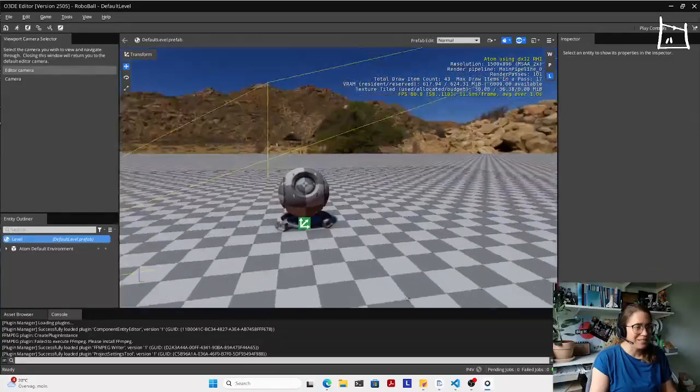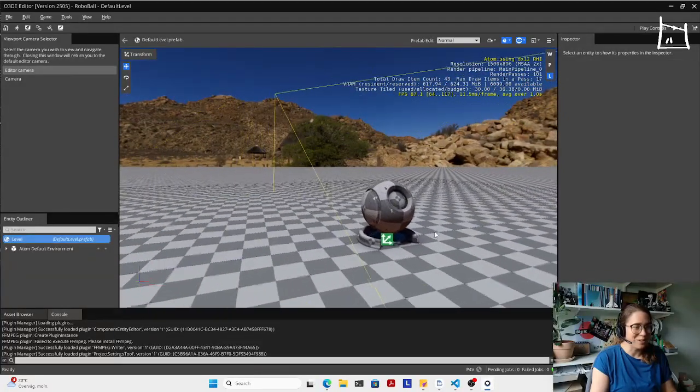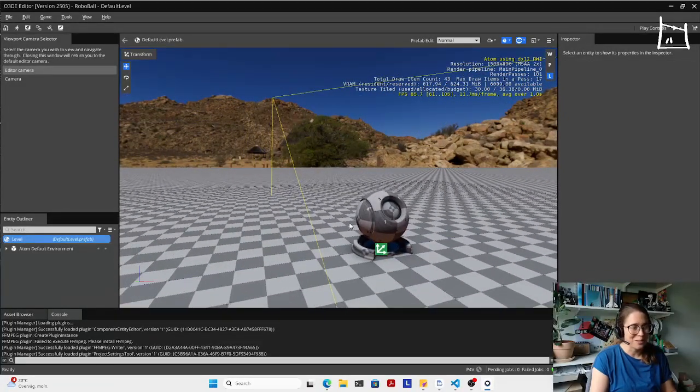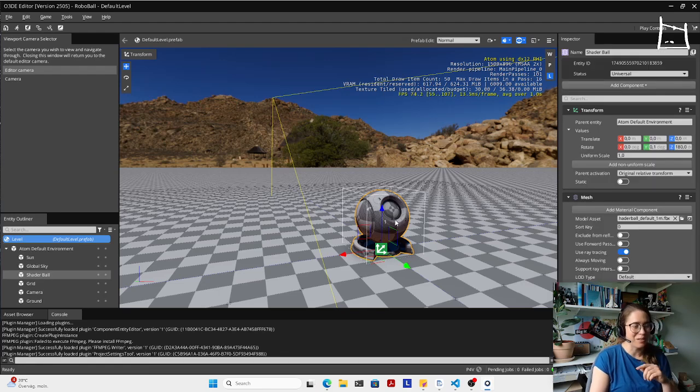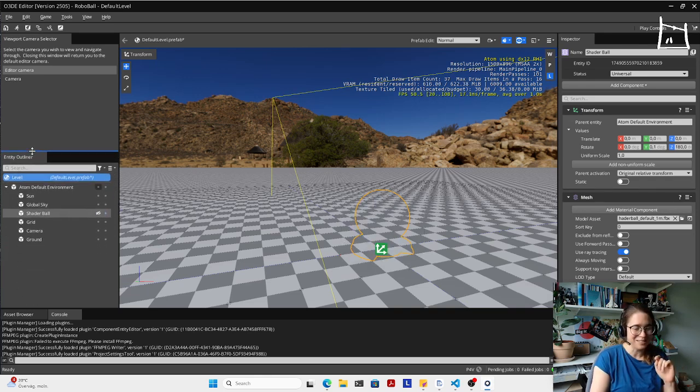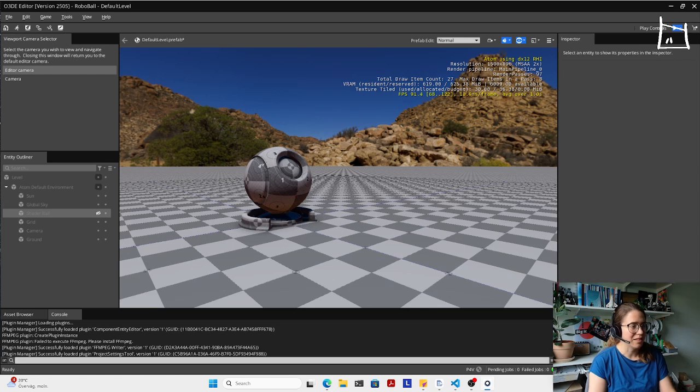Although I really like the shape of this shader ball, this is not something that I would like to have in my final project. So ideally you would like to hide it. I've tried that before. Unfortunately, if you only hide it from the entity outliner, as you can see here, then if you play the game, and you can do that by going to this play button or pressing Control G, which I'm going to do now, you can still see the